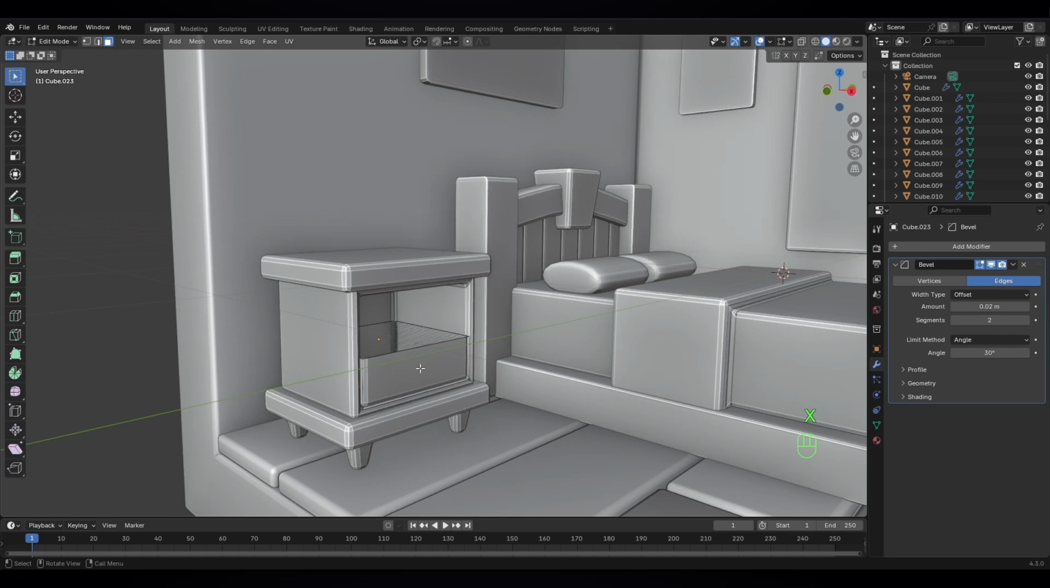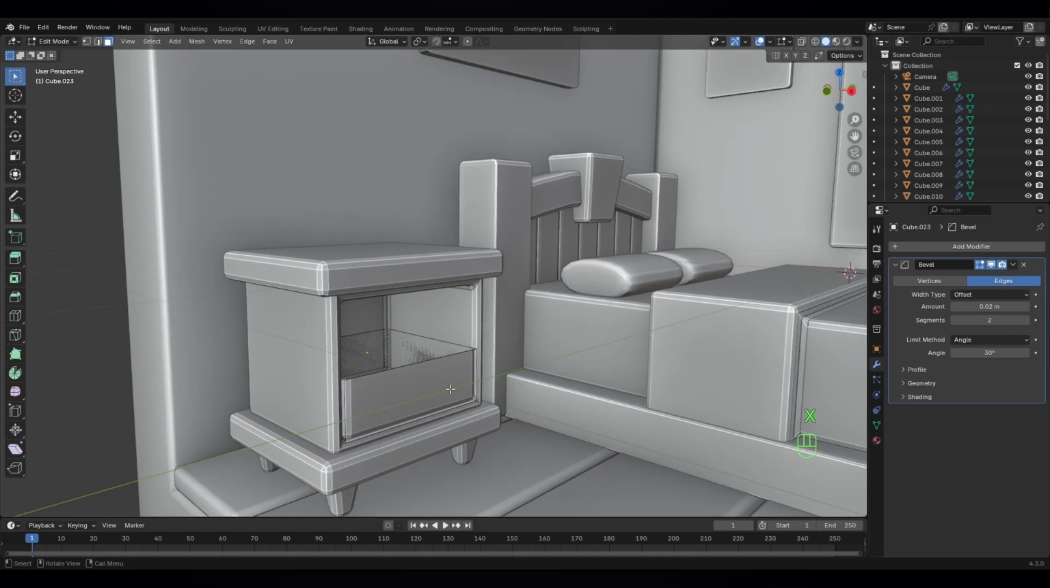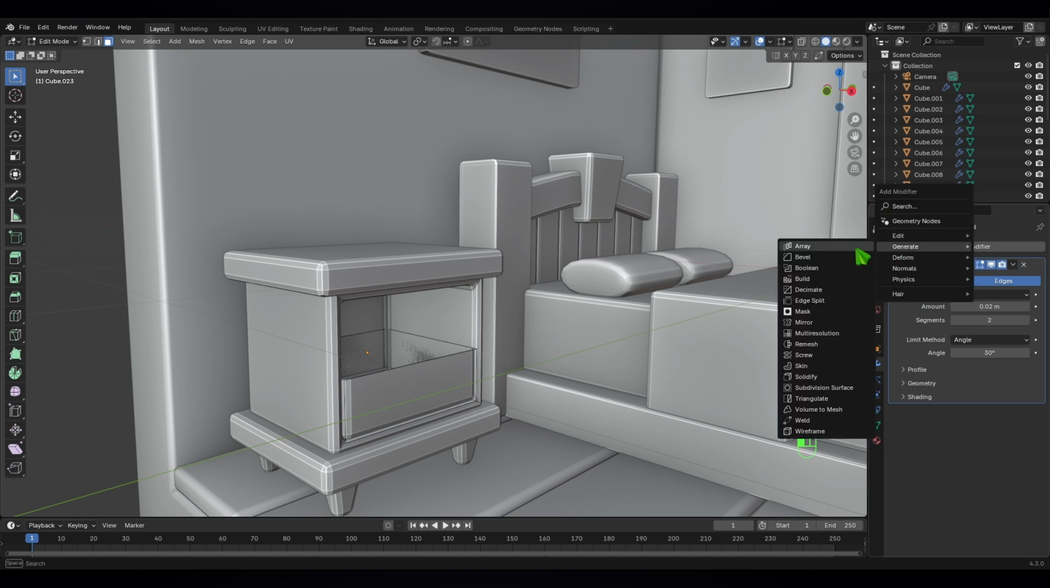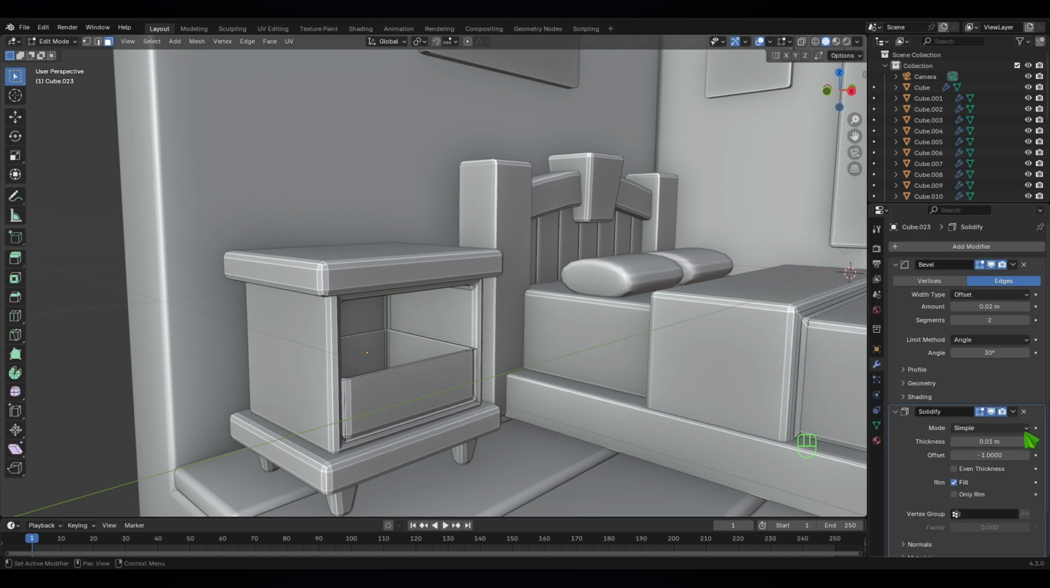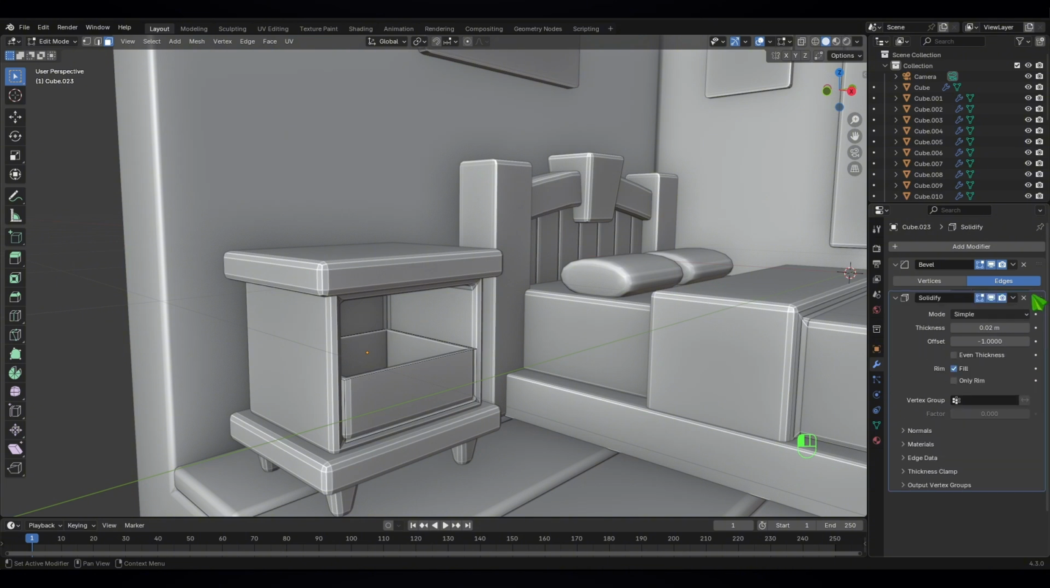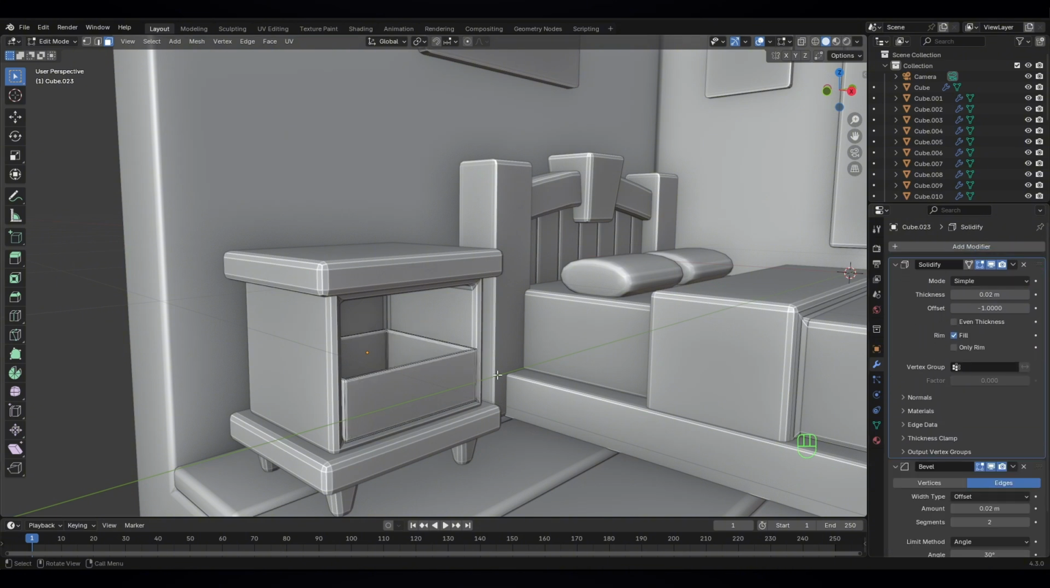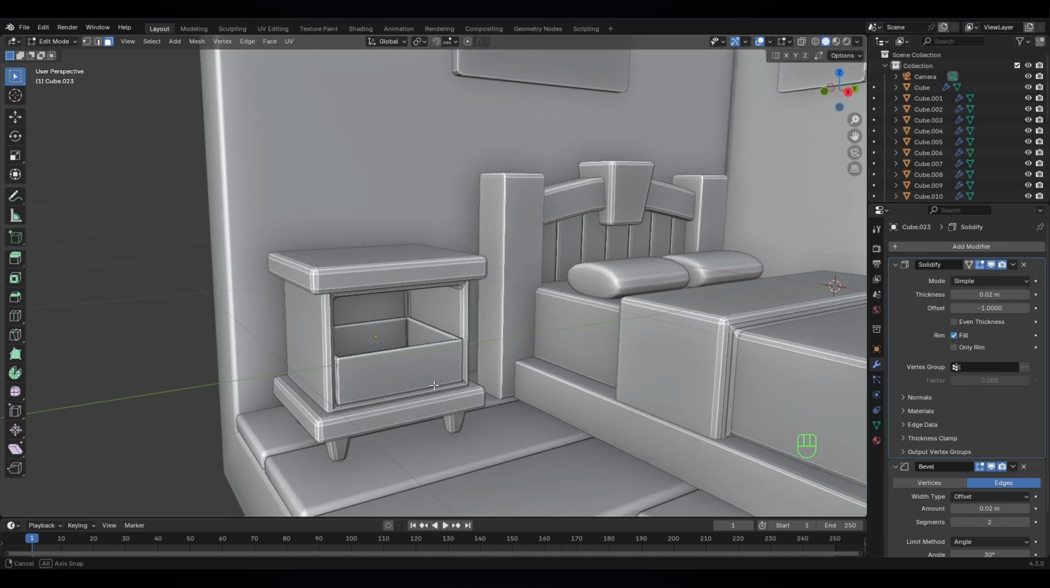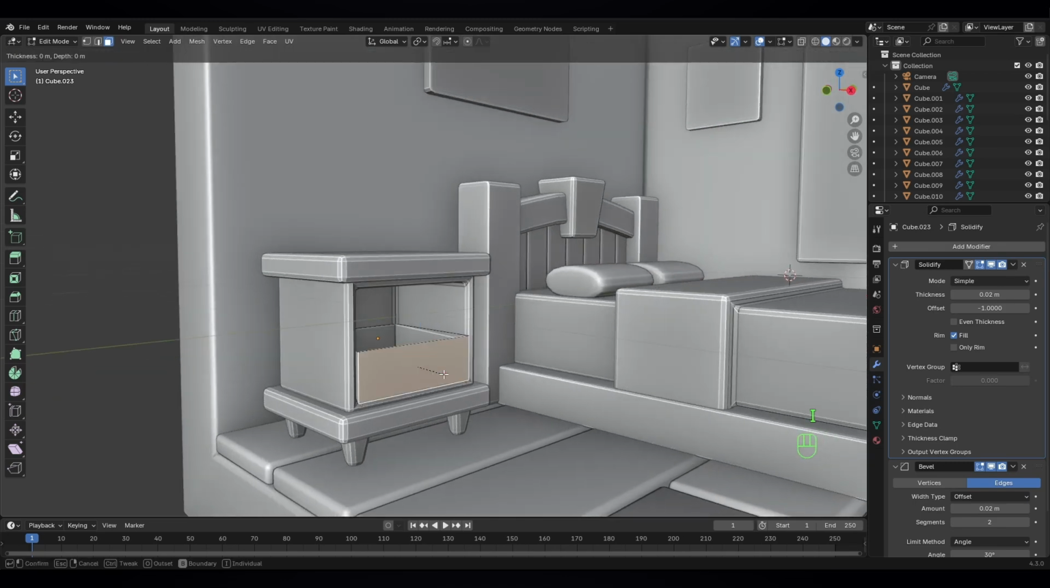Okay, now let's give it a little bit thickness. How are we going to do it? We are using the modifier called solidify, right? Just select solidify and increase its thickness and put it above the bevel. That looks nice. And just select this face, I to insert,